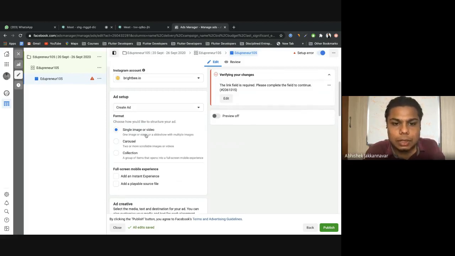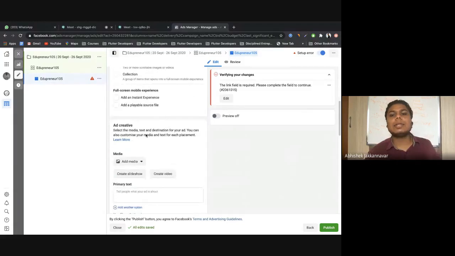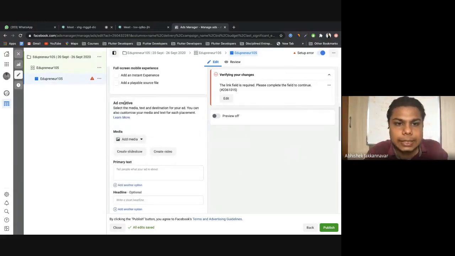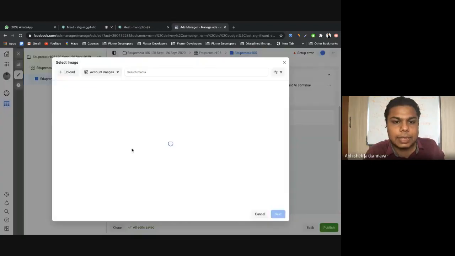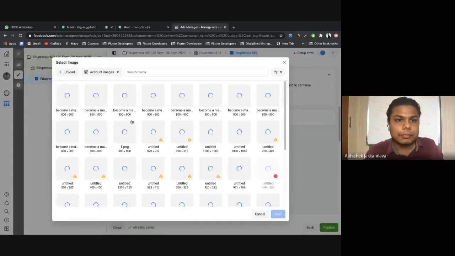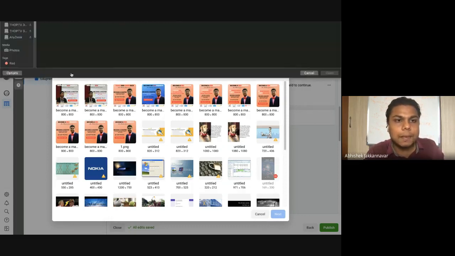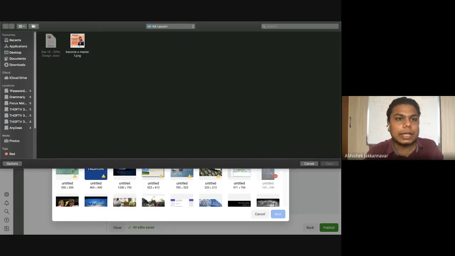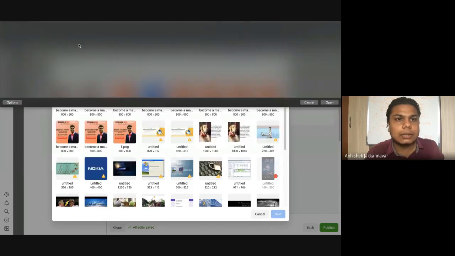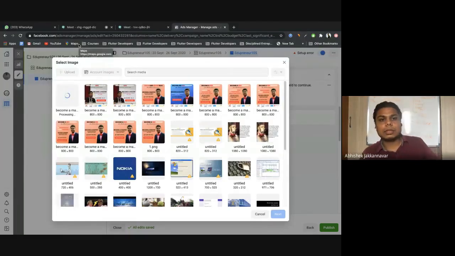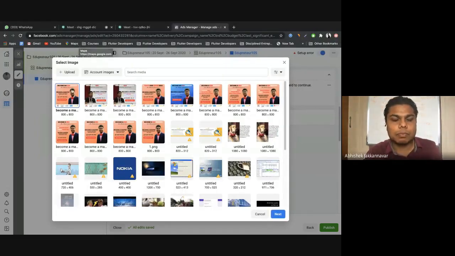Then let's go down. It is asking us to give the ad creative. I click on add media, I click on add image. You can see all the experiments which I've done so far. So what you do is click on upload. I have already created a folder where I keep both of these things. I click on this poster and say next.